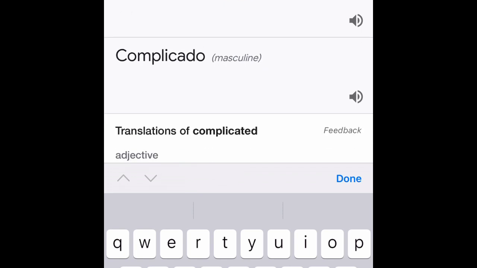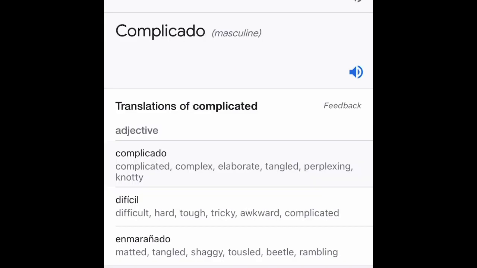This is how it sounds in feminine and masculine ways. Complicado. Complicada. The D would just disappear, like you wouldn't even say it. So how we say it is complicado. You see how I said the D right there?